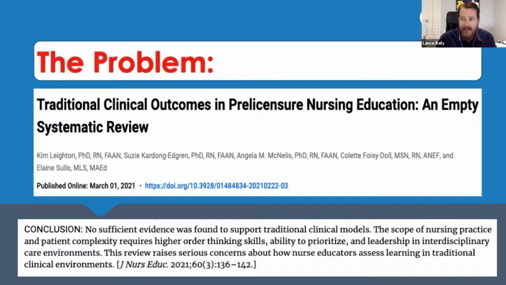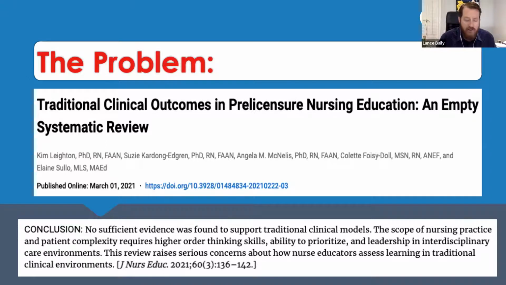It's a fascinating study. The conclusion was that no sufficient evidence was found to support traditional clinical models. The scope of nursing practice and patient complexity requires higher order thinking skills, ability to prioritize, and leadership in interdisciplinary care environments. This review raises serious concerns about how nurse educators assess learning in traditional clinical environments. Pretty mind-blowing, because what they were suggesting is that, hey, simulation is put up to this massive bar where it's got to prove itself as worthy of being capable as a utilized source of training.